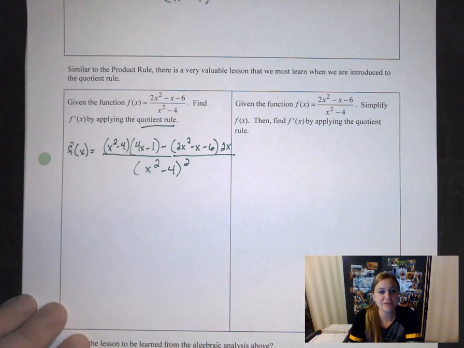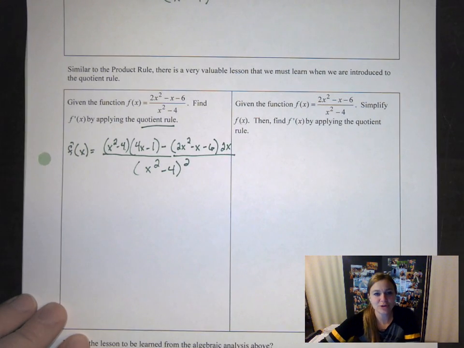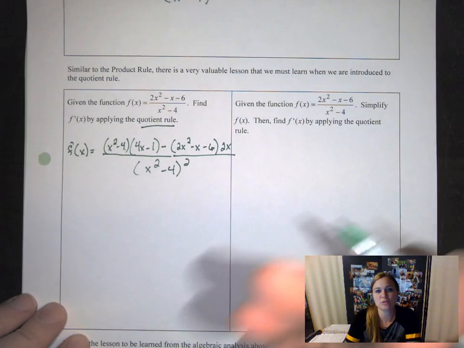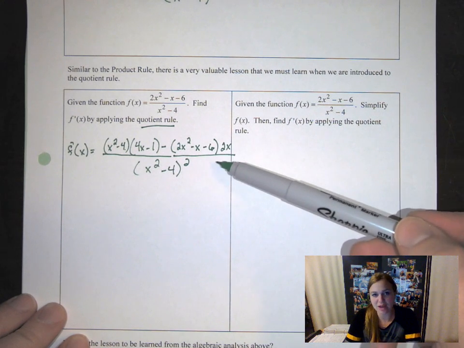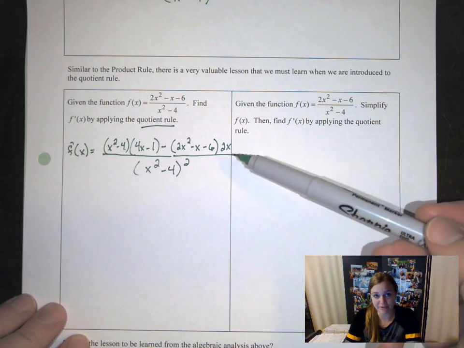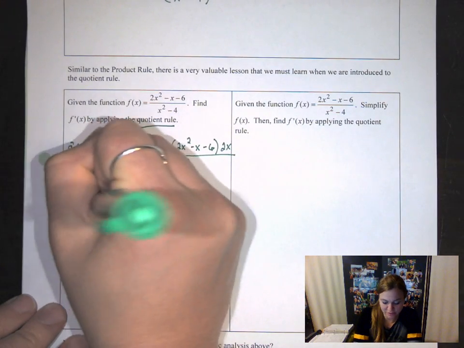And this is a perfectly acceptable derivative unless this was a multiple choice question and this was one of the solutions. The solution would not be given like this. The solution would be simplified. So let's actually do that now. So we have f prime of x. So if this were multiple choice,